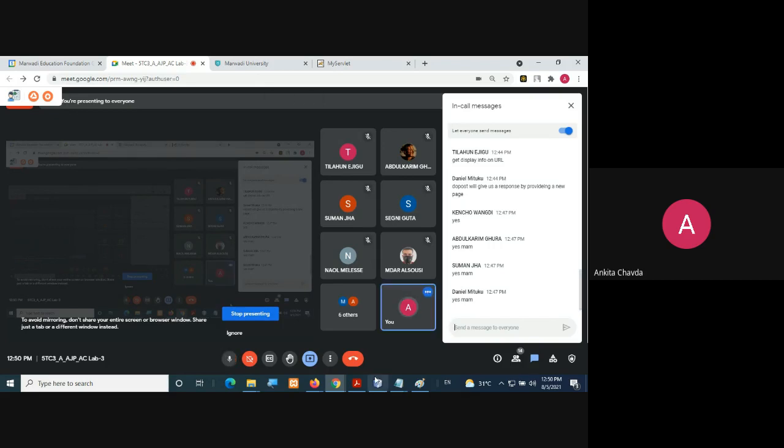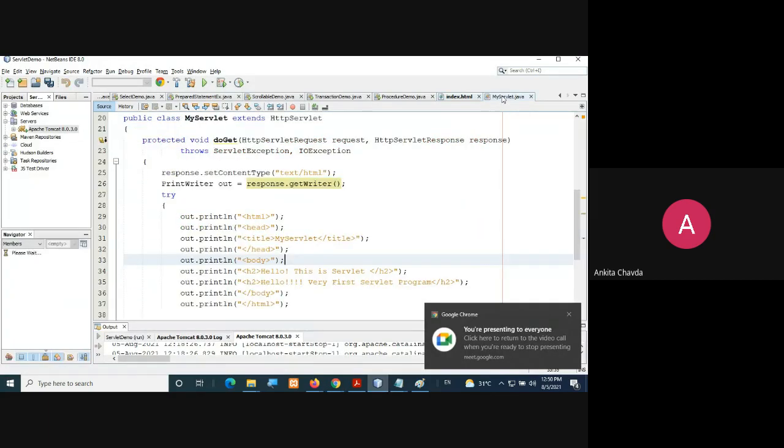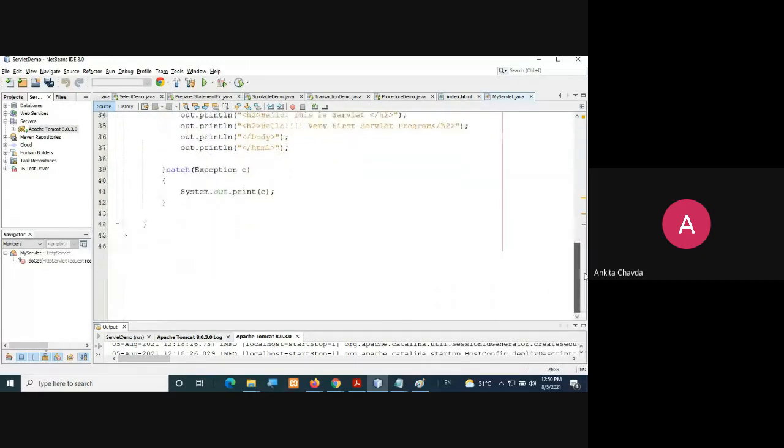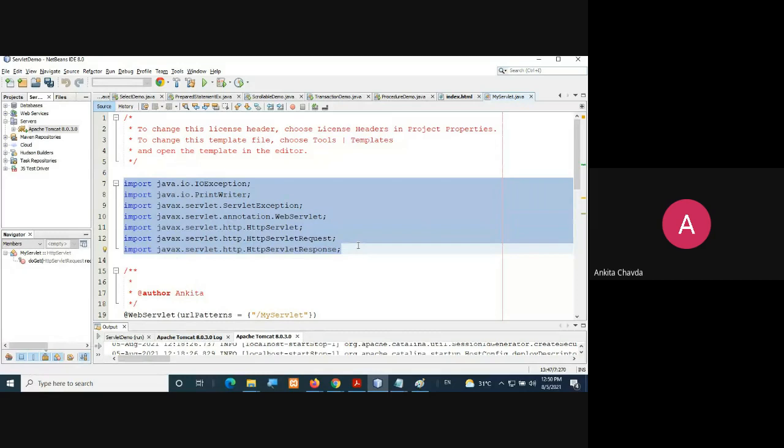Okay, fine. If you are not facing any error, it means you have run this very first program successfully, right? You need to import this many packages, but that would be there by default once you create the servlet.